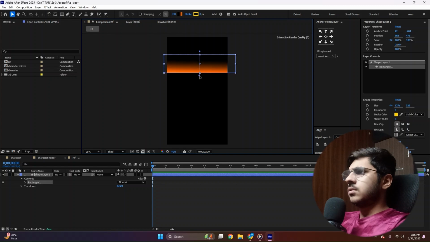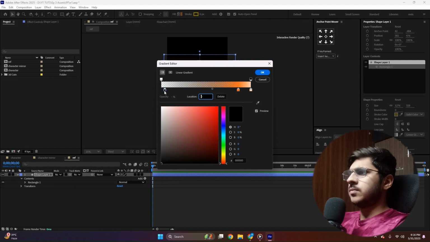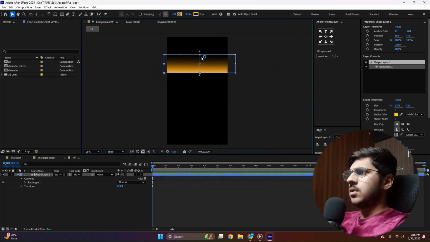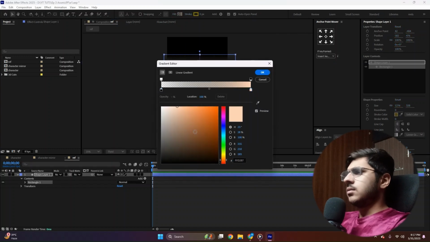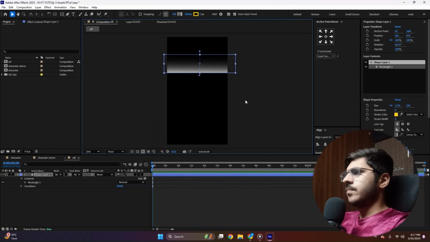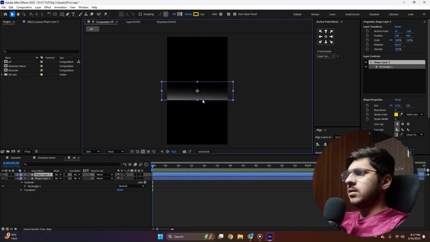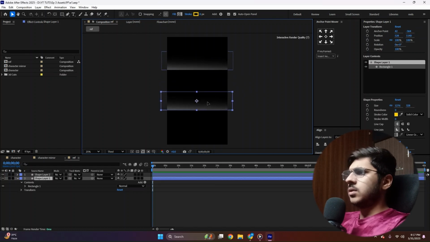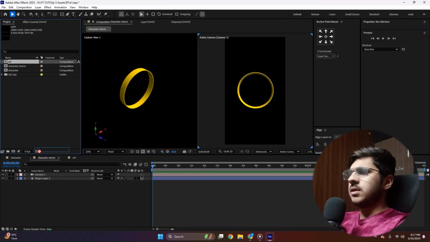Now choose the color, something like this. Then remove the black color, just make the opacity 0, like this. Then change its color to yellowish, just like this. Or you can make it just white, remove this one. Now make it white and adjust the location a bit, like this. Now once it's done, you should get something like this. Now duplicate the same layer, place it right above it and lower this one a bit, or maybe both of them, like this. Now import this layer in the timeline,